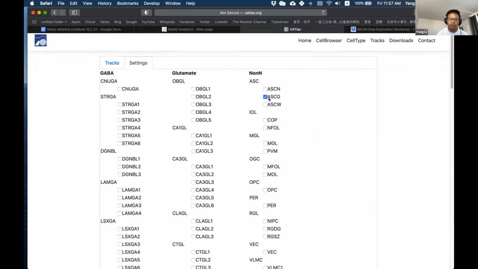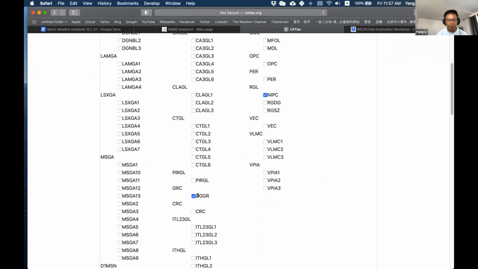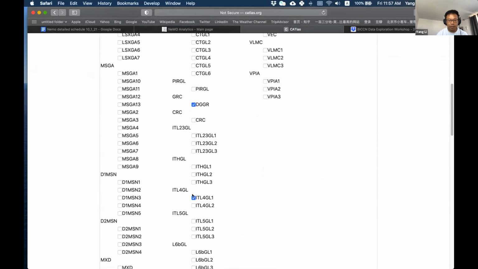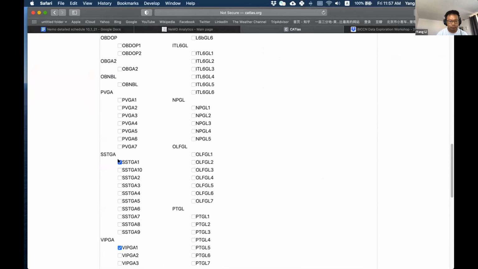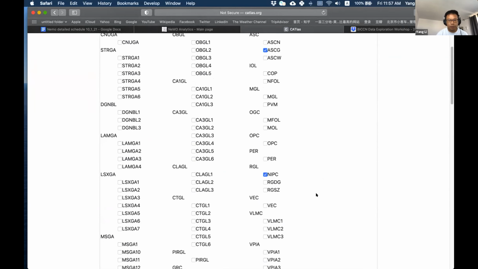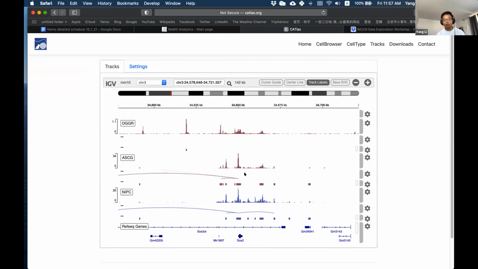For example, I'm only interested in the astrocytes and maybe the progenitor cells. I want to compare with the granule cells from hippocampus, but I'm not interested in the IT neurons or the GABAergic neurons, so I just unclick them. After you select all the cell types you are interested in, go back to the track, and it will load those cell types in this cell browser.